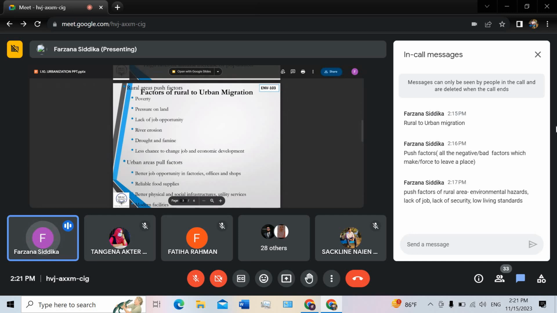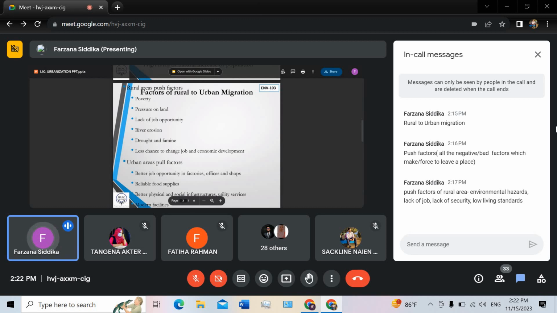All right. So I have written in the chat box what push factors mean. Whenever we are considering the migration from rural to urban, we have to write about the factors which are making people or forcing people to leave that place. This is a very simple thing to understand. But in most of the cases I see in exams, students write the opposite thing. They are not clear. They do not understand what is the push, what is the pull factor.